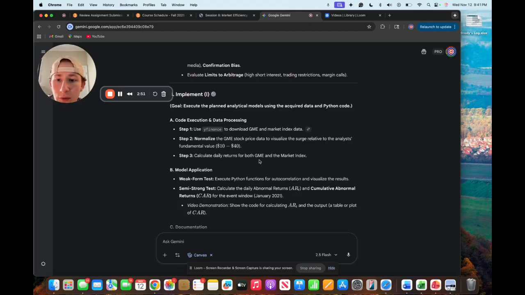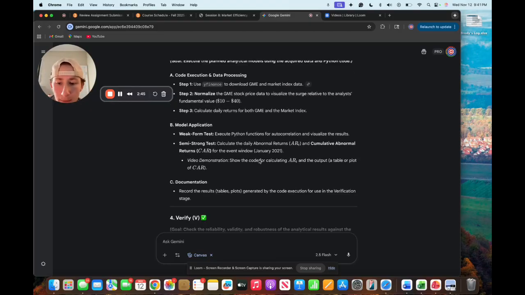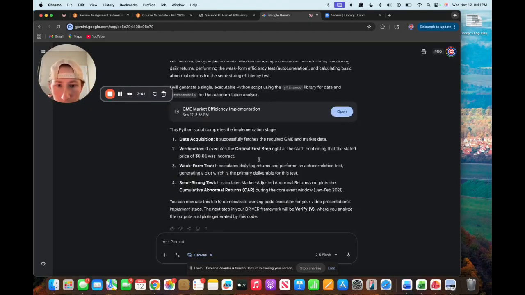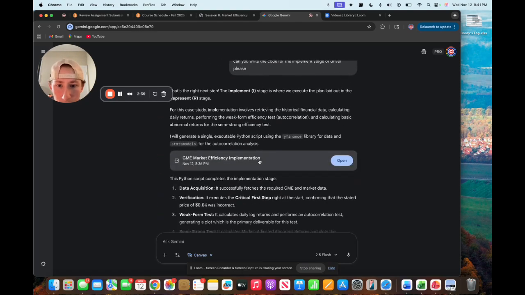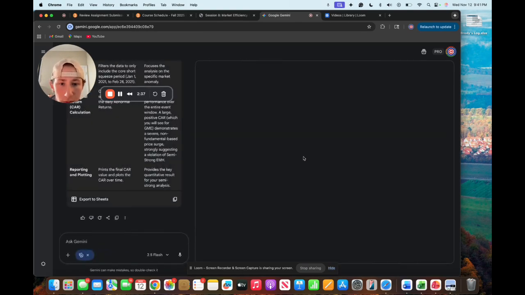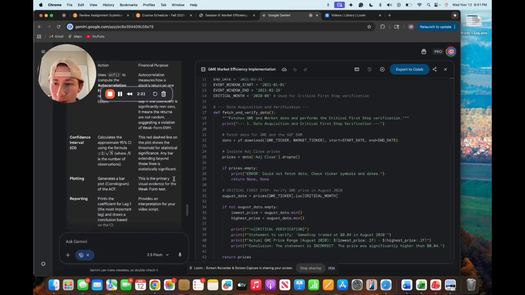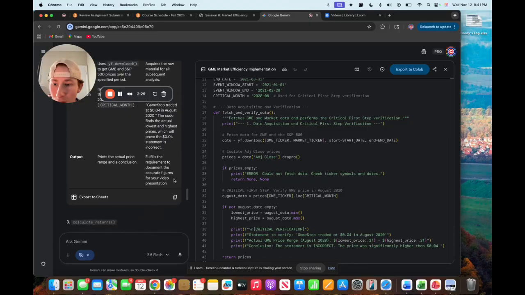For the I, we're supposed to execute the planned analytical models using the acquired data and Python code. And then if we have this code down here, here's all the code over here. If we look at some individual things,